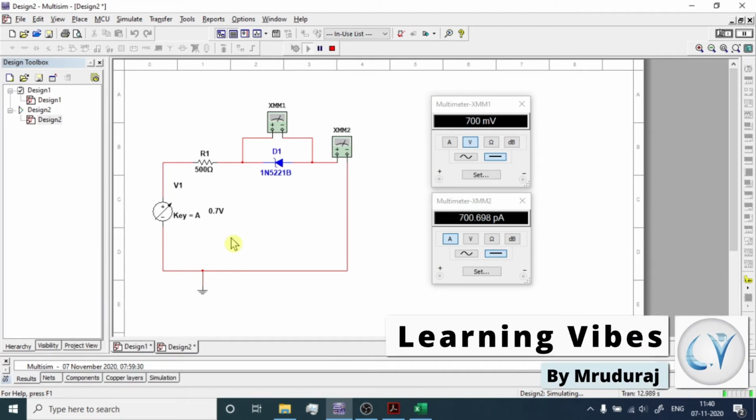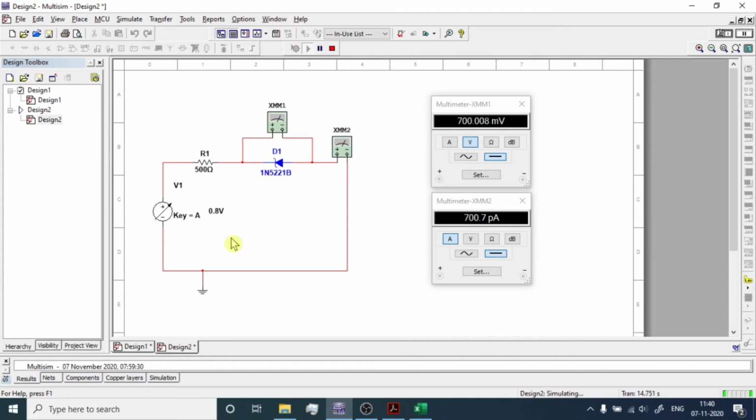In reverse bias condition, current is still in the same picoampere range. When it's 0.8, the current is still in that range, you can consider this current as almost 0 ampere. So there is no doubt in considering this. Now if we increase this voltage further, see what you can see. If it is 1.1 volt, still there is almost 0 ampere of current, right?